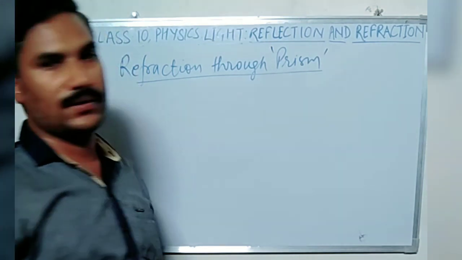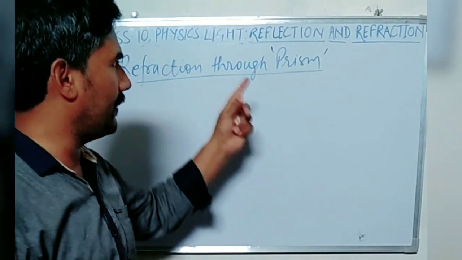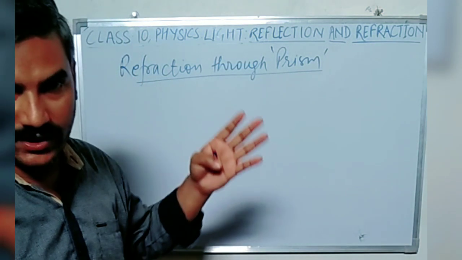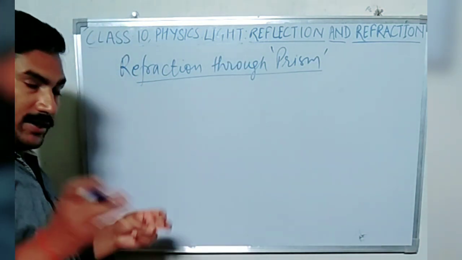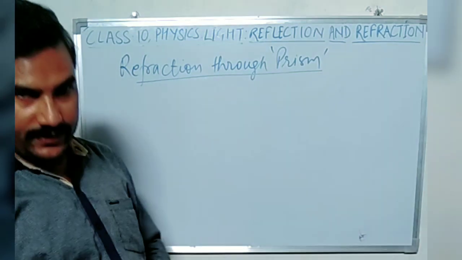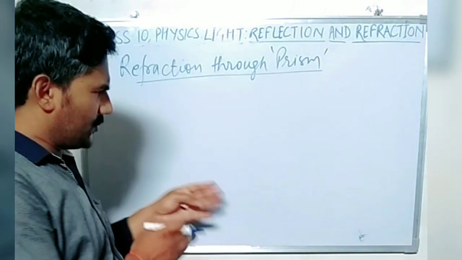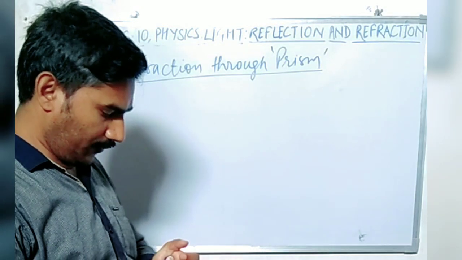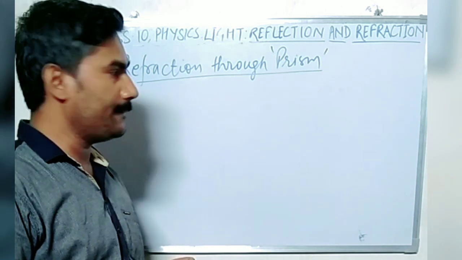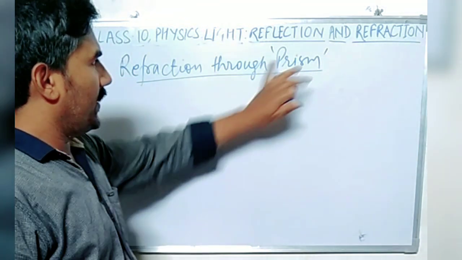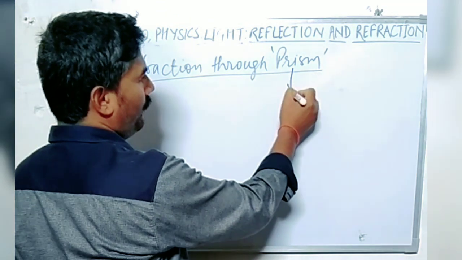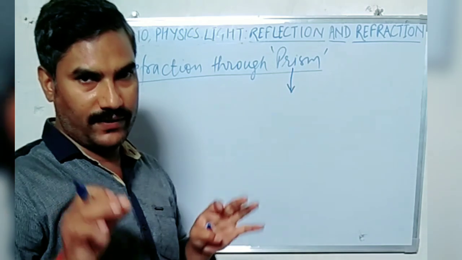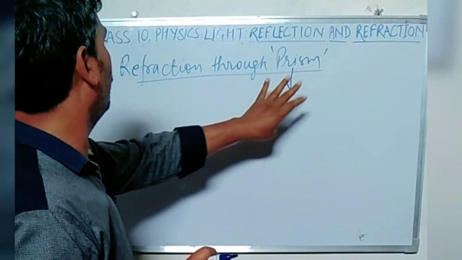what causes the angle of deviation in the prism and what is the minimum angle of deviation in the prism. What are the factors that are responsible for that, and there are a few conditions under which the minimum angle of deviation takes place. So we will discuss one by one in detail. Firstly, we will discuss what type of prism is in our syllabus and in what type we will discuss